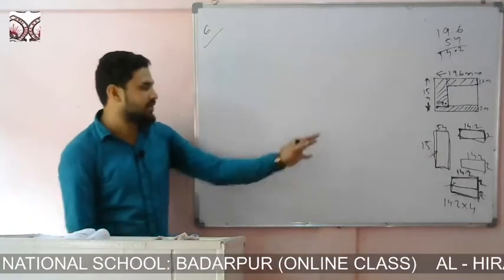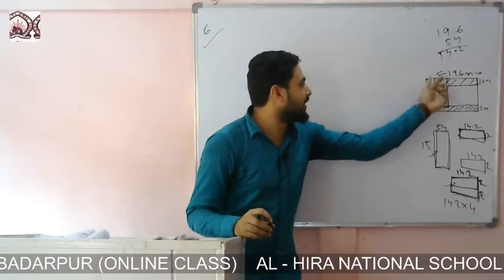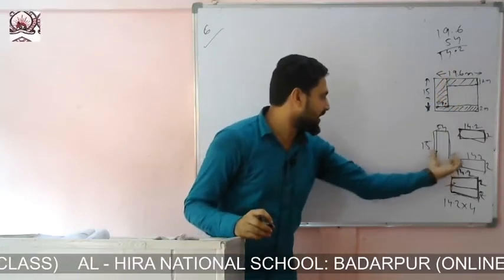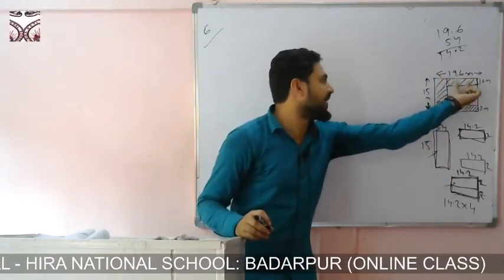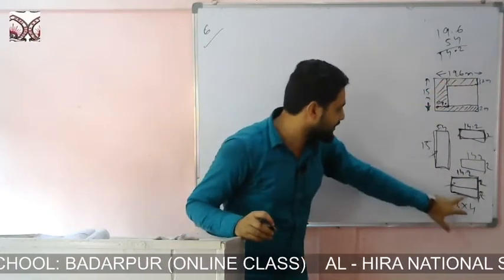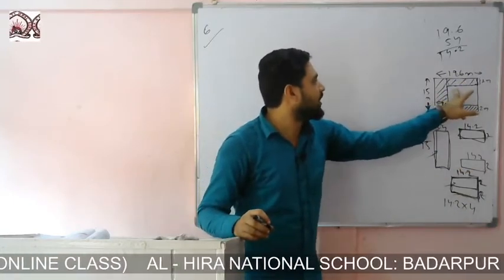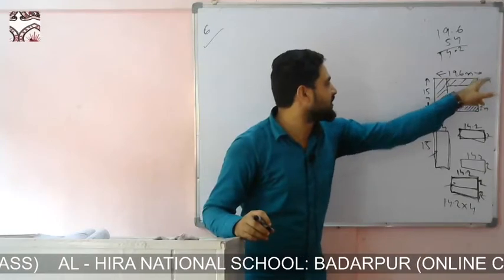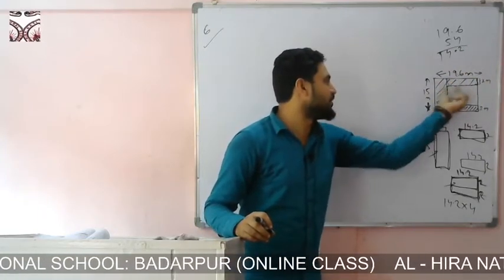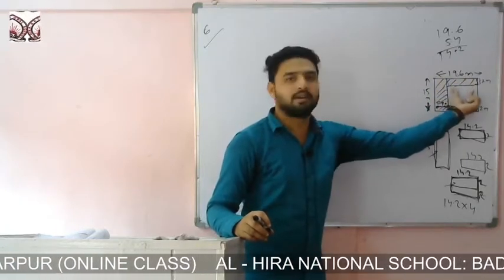Have you understood? You see again. First you find this portion, that is, you separate them as a rectangle like this. After that you find this portion. After that you find this portion. If we add this, then we will get 14.2 into 4, because the total length of this is 19.6, and we know this measurement. So if we subtract 5.4 from the total, then I'll get this one.